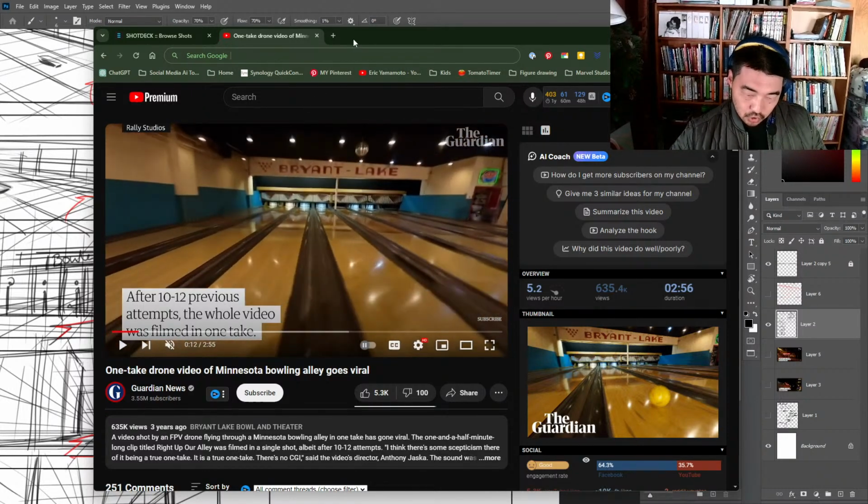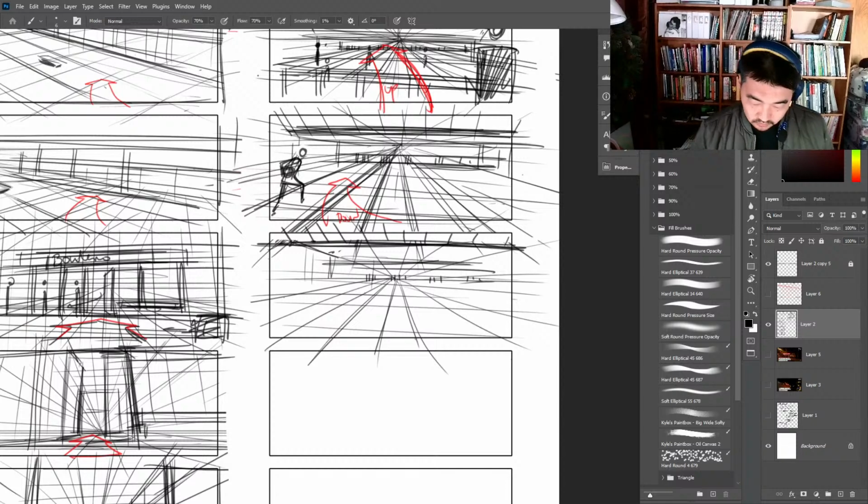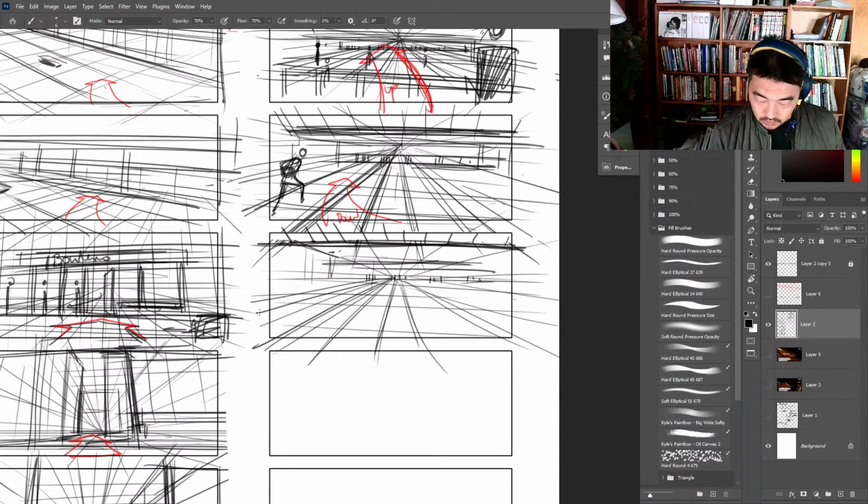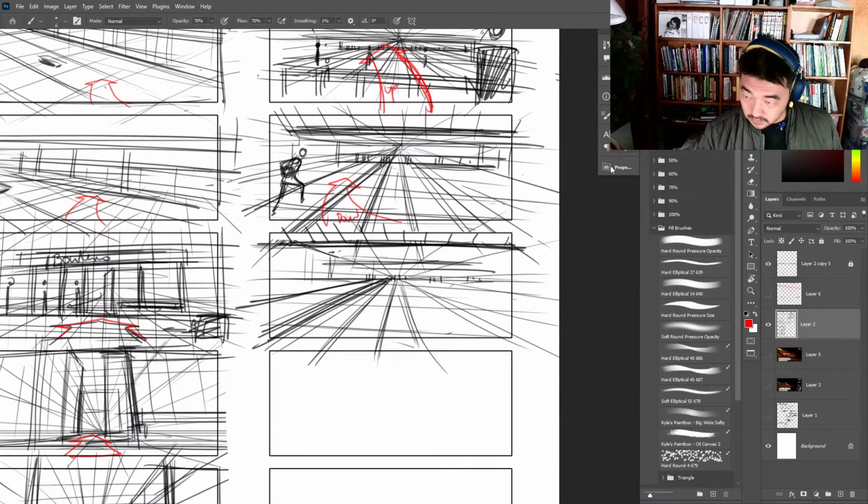Okay, so they don't show him throwing it. It's just the ball enters, which I think is something, maybe they tricked it. So we come this way. I mean, not tricked it, but they cheated it, I think. We come this way, and then the camera's going to come around.